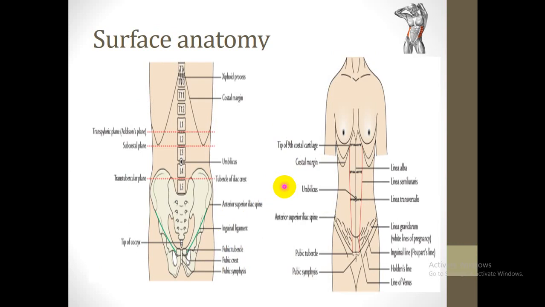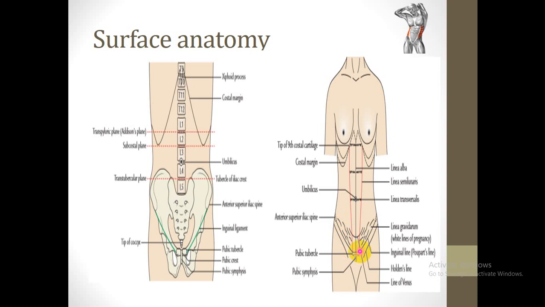so the anterior abdominal wall covers a large surface area in the body, and it extends from the costal margin and xiphoid process above, to the groove of the groin, the anterior superior iliac spine, the pubic symphysis, the pubic crest and the pubic tubercle below. In order to study the anterior abdominal wall, we must know about the surface landmarks found in this wall.